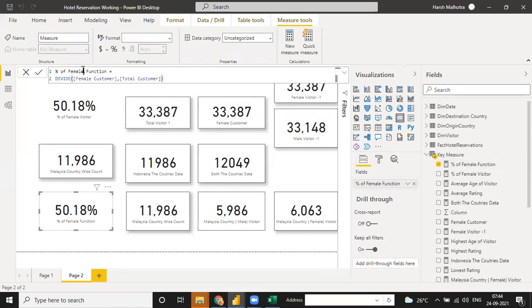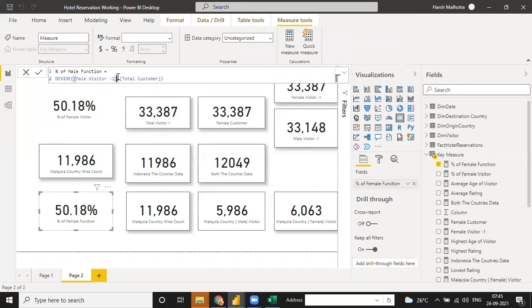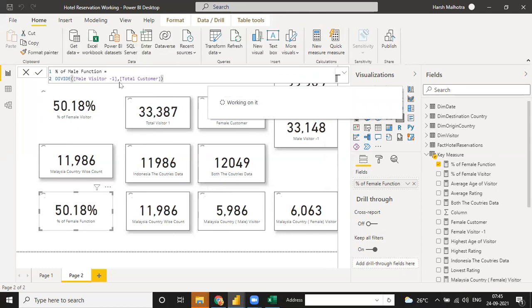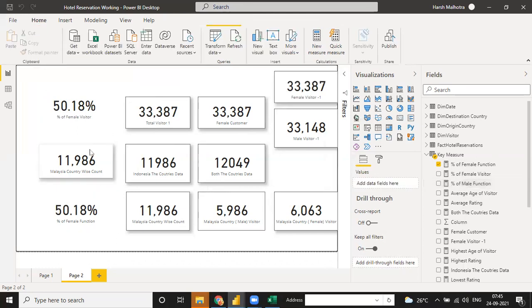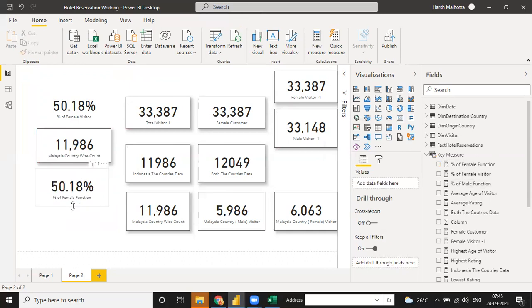See, you can just play with your data, so that you can analyze different kinds of functions. So instead of female, you can write male, because you have already calculated the male visitor. If you have not calculated a male visitor, then you use your VAR reference or calculate a variable. But when you already have a measure like this, then you don't need to use a variable. So I tell you both ways so that you can use them in whichever scenario.